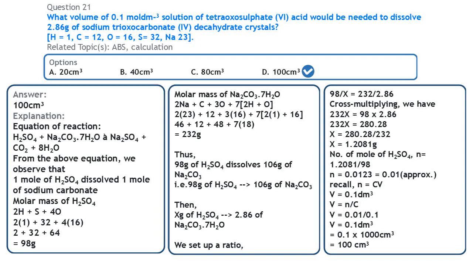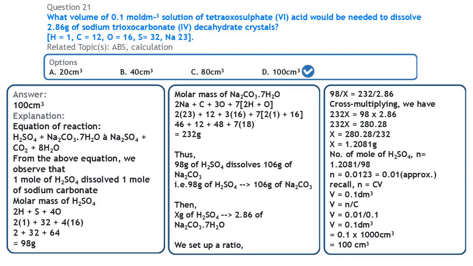But what we are required to find in the question is the volume. We then recall that the number of moles n is equal to the concentration times the volume. And we have the concentration, and that is given as 0.1, that is 0.1 mole per dm³ solution of tetraoxosulfate acid. That's the concentration of the acid. So to get our V, we divide both sides by C. So V will be equal to n over C. So the number of moles is 0.01 divided by the concentration, which is 0.1. 0.01 divided by 0.1 is going to give us